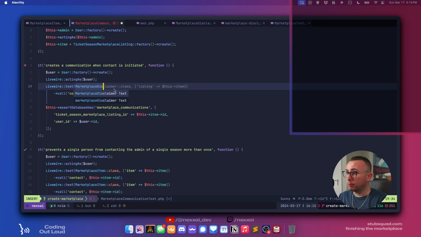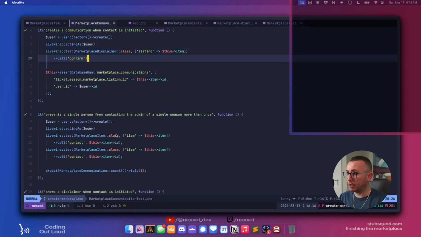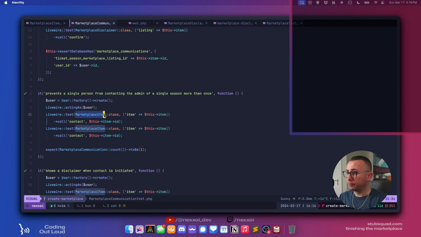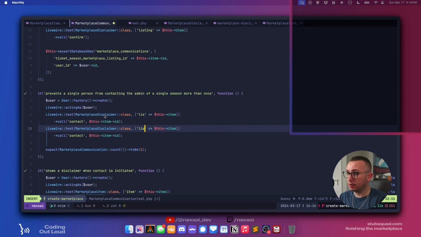Marketplace disclaimer. There we go. That passes. Disclaimer, and then these need to be changed to listing.